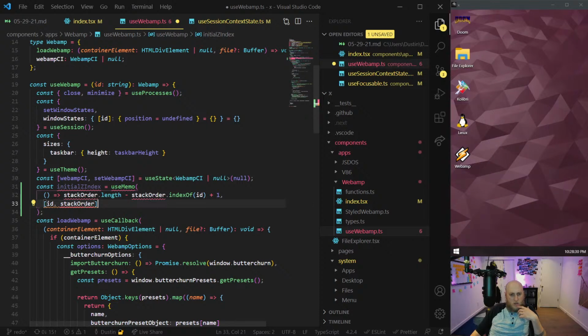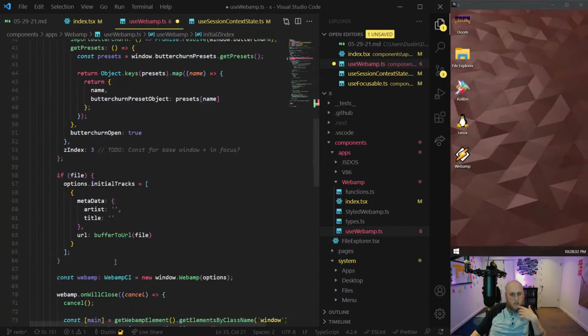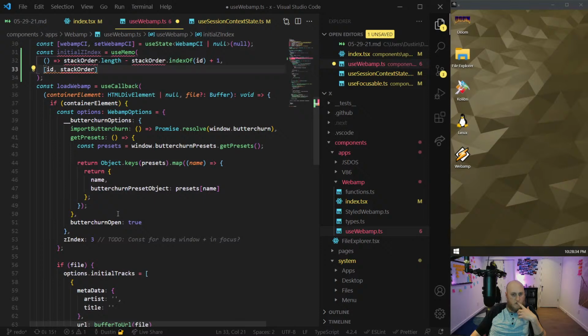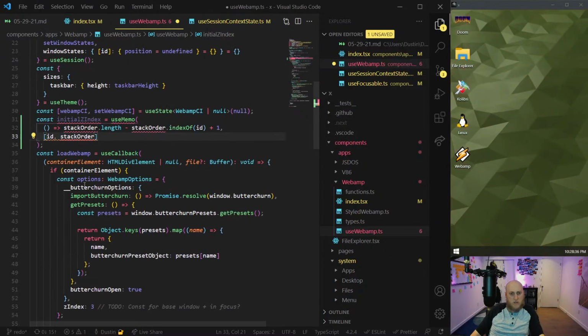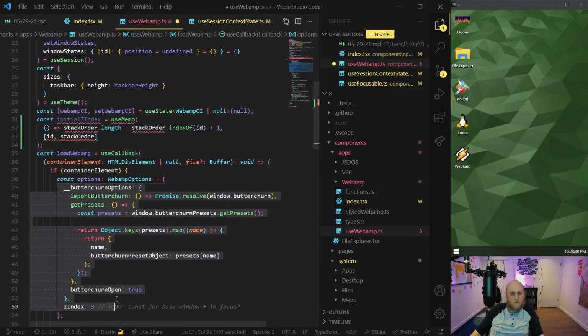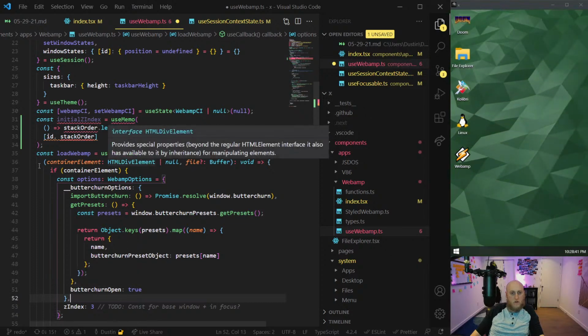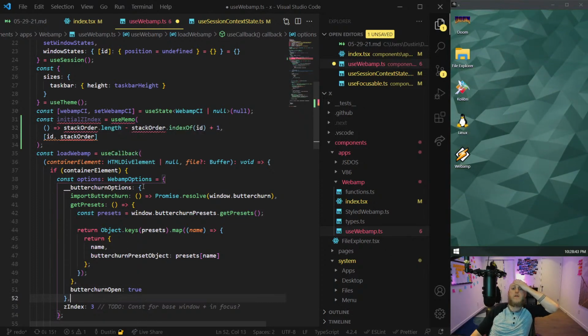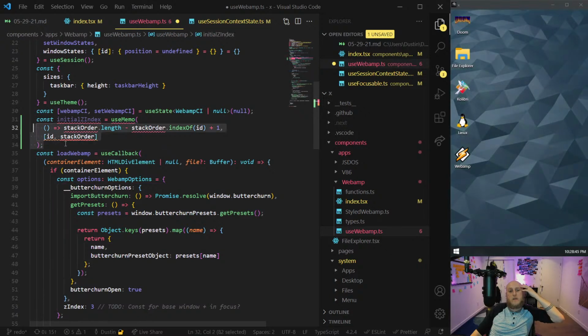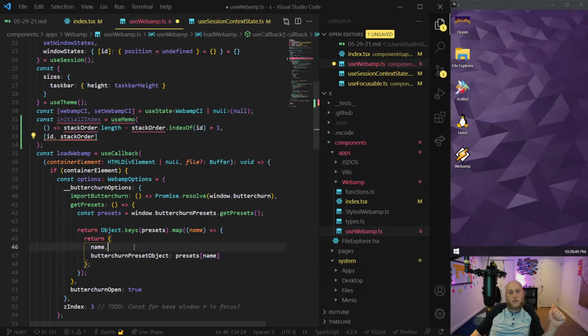Interesting, though. I have when the stack order changes that this changes. Does that make sense? Because this is a one-time thing. Oh, maybe that was my mistake. Because I made this so that whenever stack order changes, it would trigger to redo this.